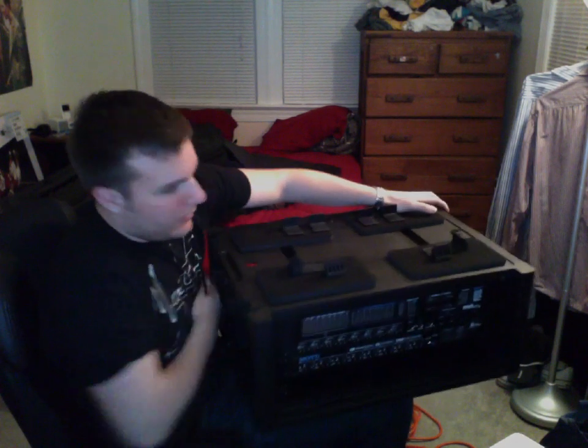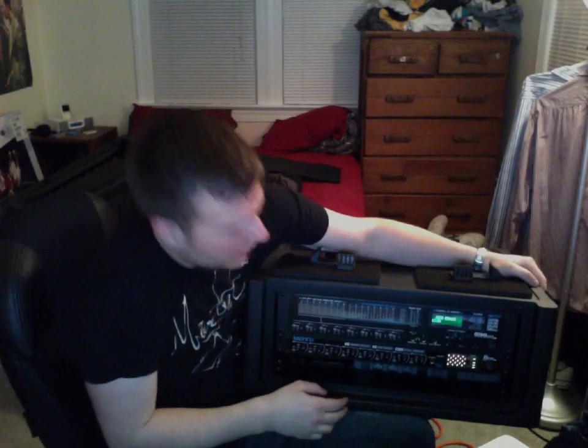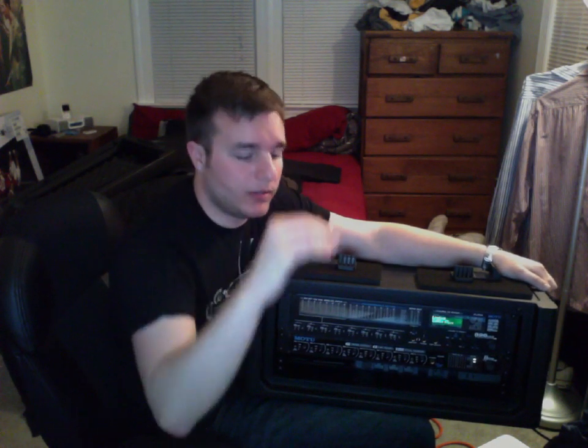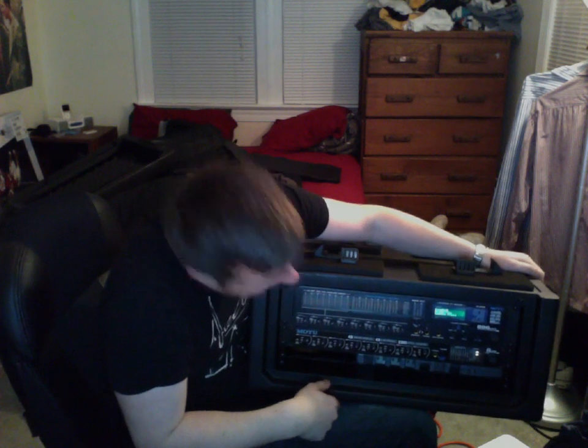So let me just do that really quick. I got my laptop right here, so that's what I'm using. So I'm going to plug that in and pop these on. So yeah, both of these are starting up, and when they start up, the MOTU audio settings and all that is going to pop up on your computer when it recognizes it. And it's still turning